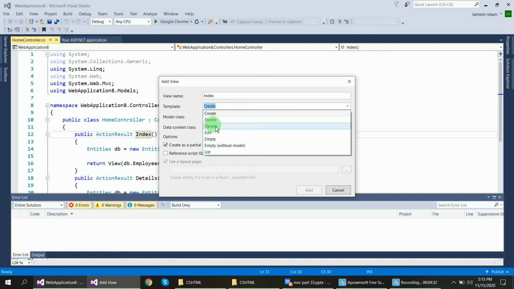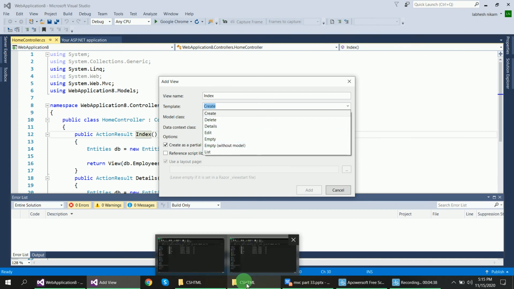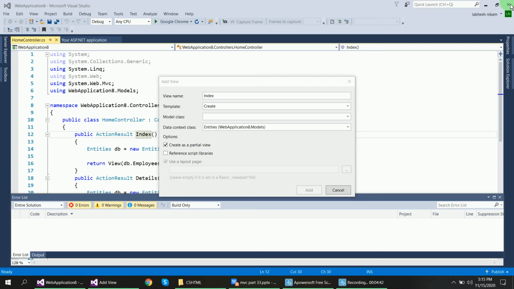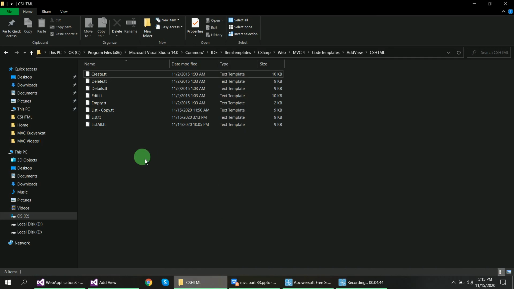If you want to modify the names of these templates, or add another template, you can add it from here. You copy it like this.